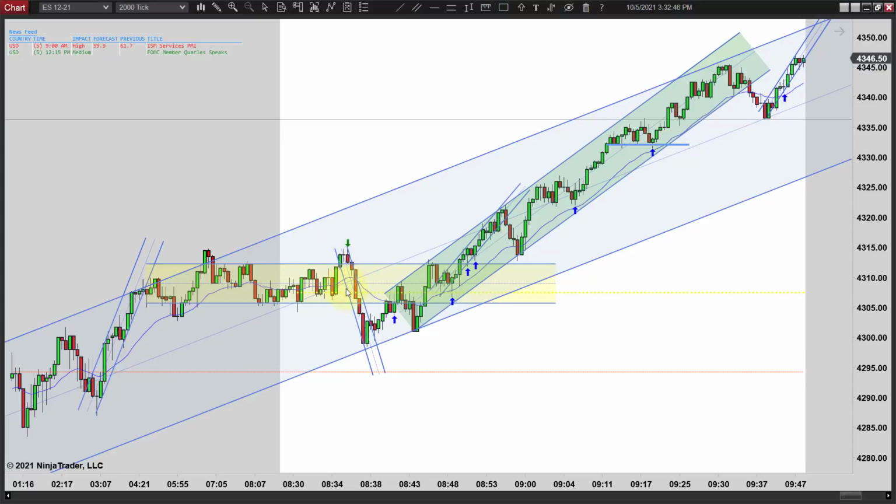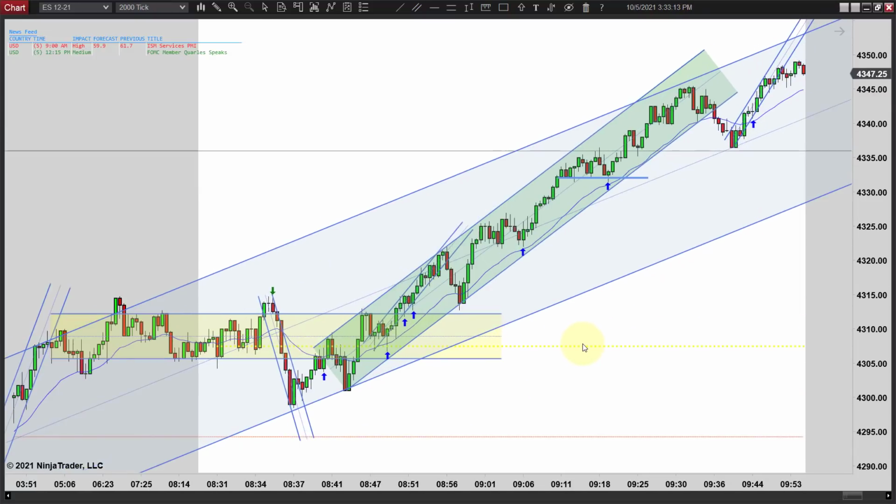You're just looking to get a scalp out of this, but this turns out to be a fairly nice trade. It comes all the way back, and then you get a first entry short, and then you get a second entry short. So if prices break higher right there, this actually broke lower and turned up. So I like trading that on the engulfing bar, but you might wait for this one to close and then enter if it breaks higher. It wasn't good for much more than a scalp, but it easily got a scalp, and that was about it.